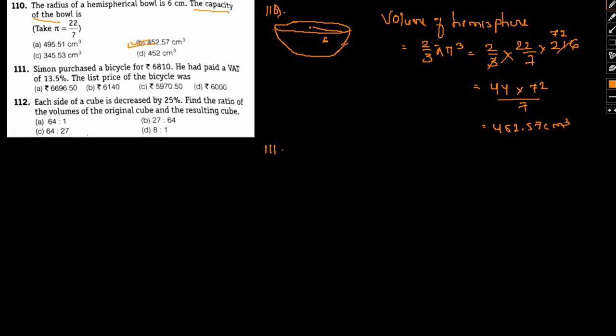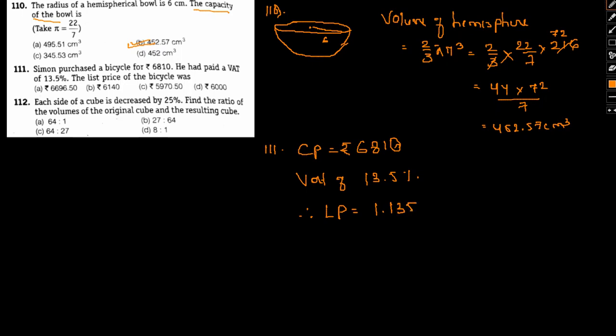Then the list price of the same would be... So here basically the cost price is given as rupees 6810, and then he paid VAT of 13.5%. Basically, what he actually did was, on top of paying the cost price, he additionally paid 13.5% of the same amount. That is, the list price will simply be